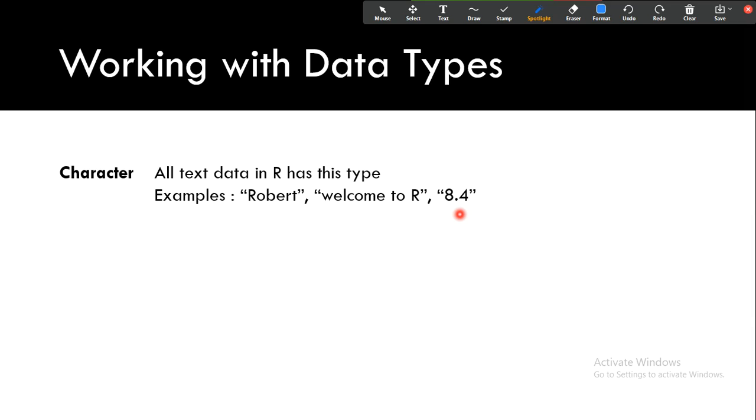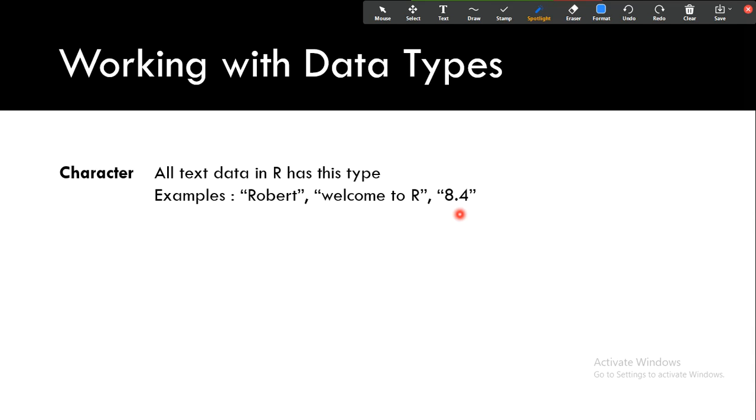The integer is a little bit different here, and also we have the raw data type. You can convert a character to raw using the charToRaw function. You can convert the character to raw data type.